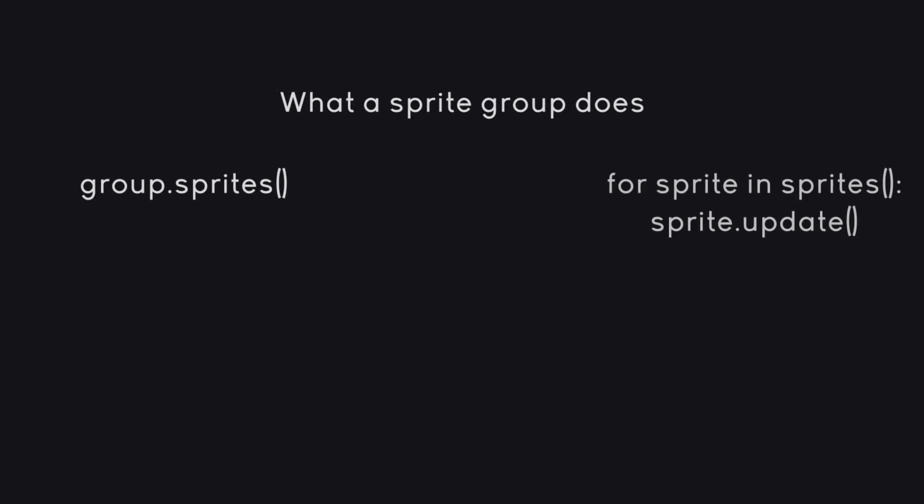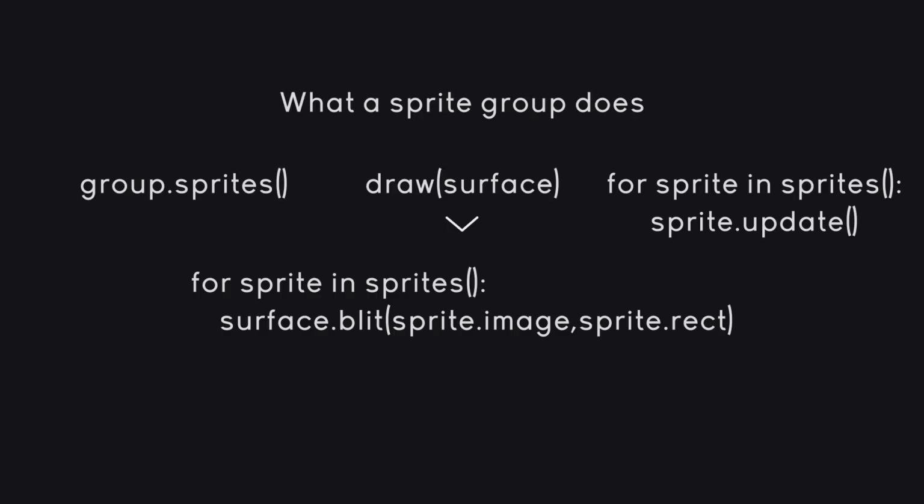Essentially, all that a sprite group really does is that it stores a ton of different sprites. Then it can call the update method in all of these sprites, and it can also draw all of the sprites. And all that is really going to happen inside of a draw method of a group is that we are going to call blit with the sprite and the rectangle of whatever sprite we have inside of that group. So with that knowledge, we can totally override key parts of a group or give it extra